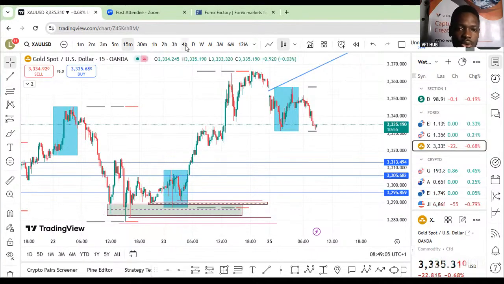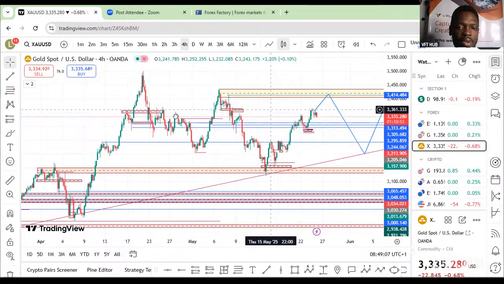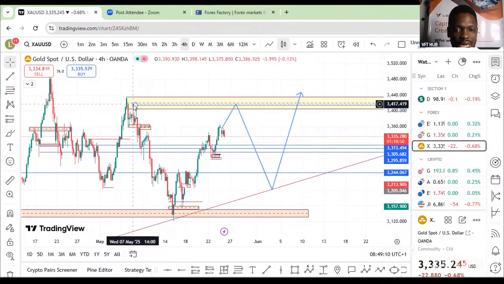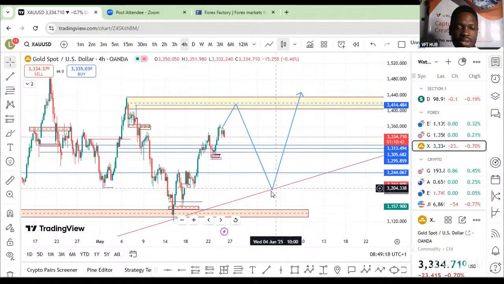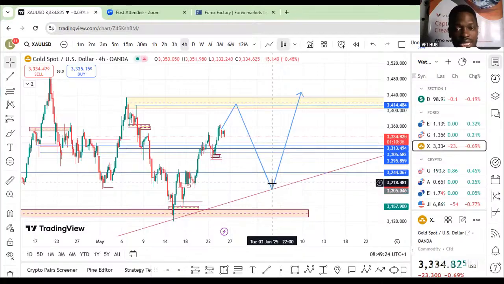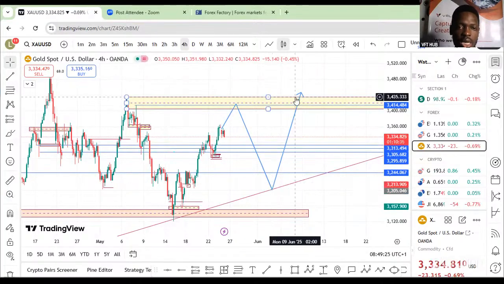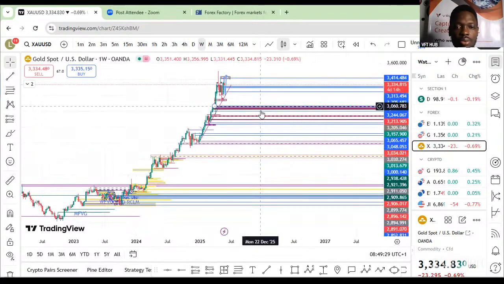Now, if we begin to long it, where are we buying to? We are coming all the way to take out liquidity from this 4 hour time frame. Then we can now begin to short all through to the trend line again. As price trades into the trend line on the 4 hour time frame, then we can begin to long again, because the overall move for the precious metal is still a bullish move,